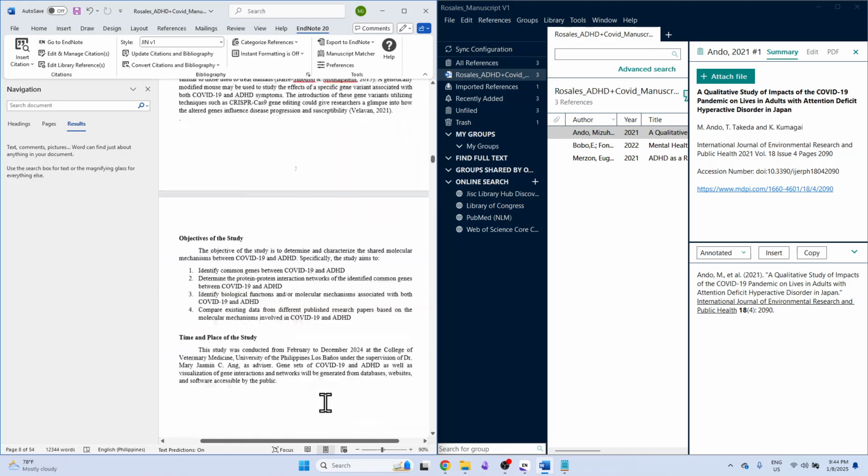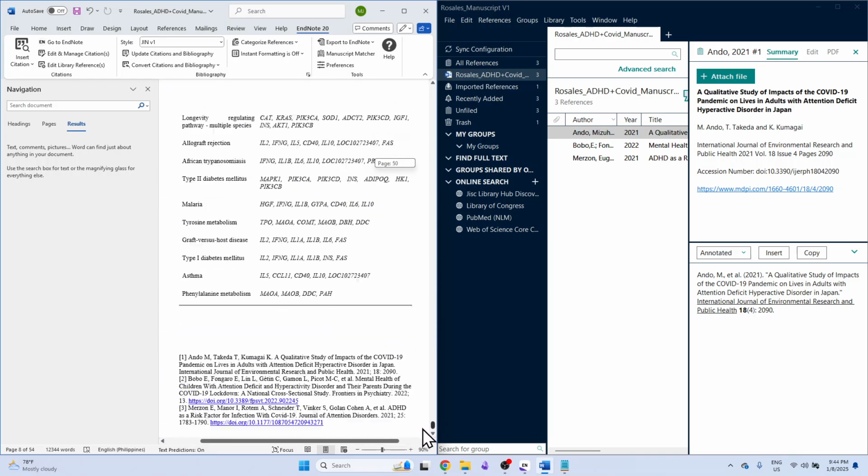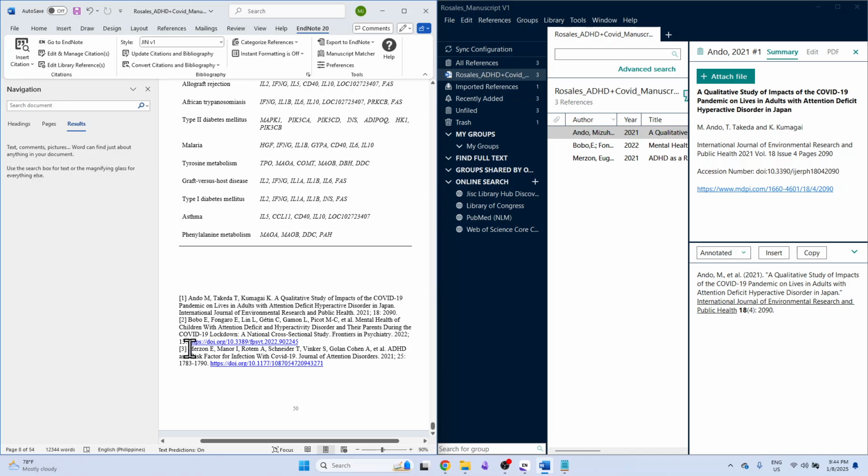So, supposedly, at the end of this document, we should see 1, 2, 3, 3 reference listings, automatic na rin siya. Okay? So, this will also update depending on if you will remove a reference or not. Okay? And the order will also be automatically updated depending on what is set in the style.